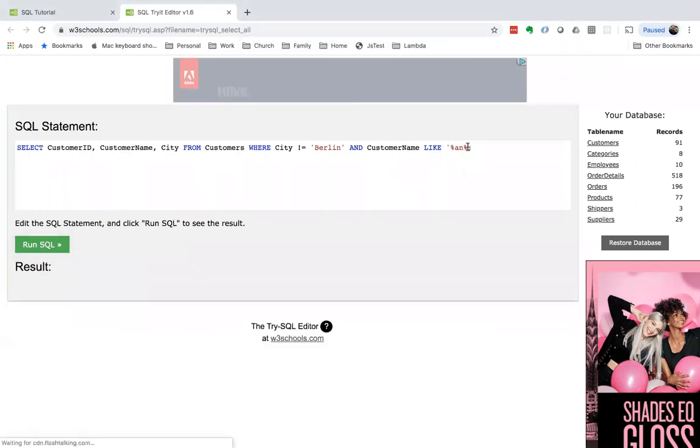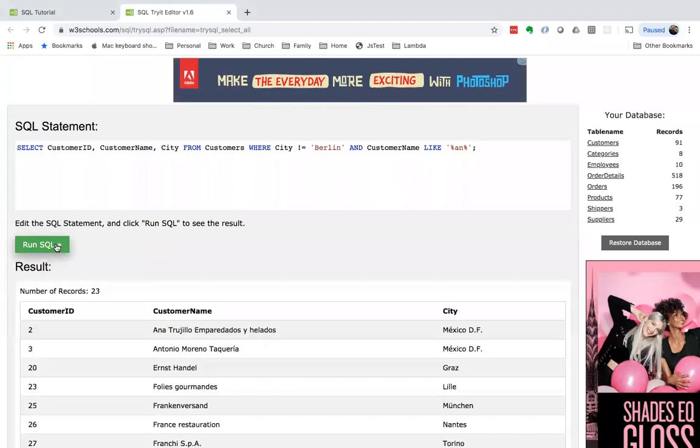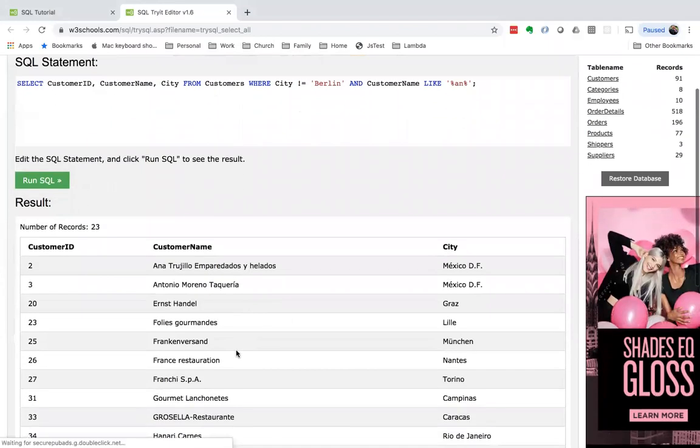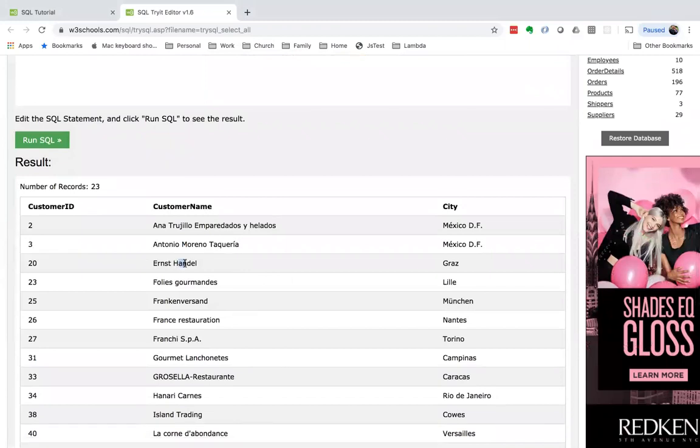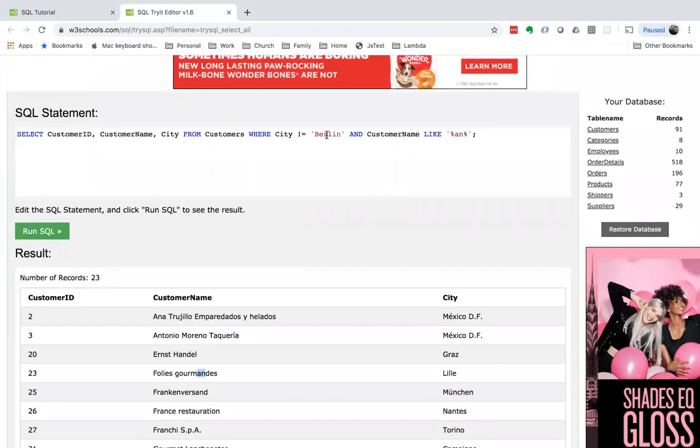Oh, I forgot to put my closing thing there. So now, if I go through and look at my customer names, you'll notice every single one of these has an AN in it somewhere, right? Because we removed everything. In fact, just to make it a little more, we can say,